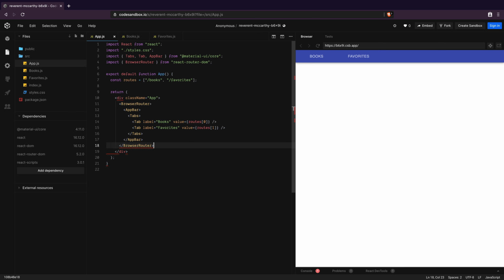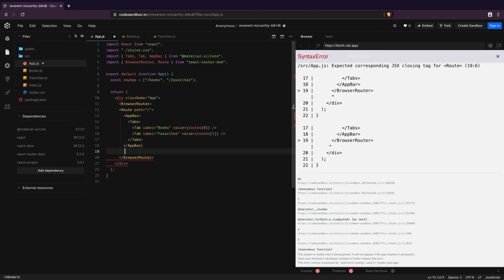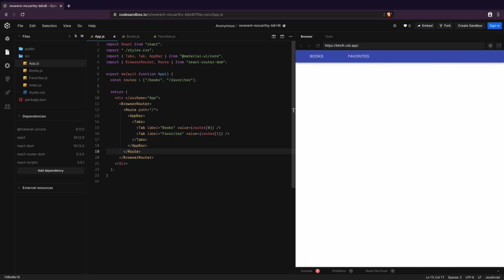The BrowserRouter uses the HTML5 History API to keep the UI in sync with the URL that we see. Next, I will create a route using a Route component under BrowserRouter, matching for the top level root URL, and wrap the app bar inside it. I'm doing this so that any URL that we visit in this application will first match this route and render the app bar at the top. You will soon see this when other routes start to work.